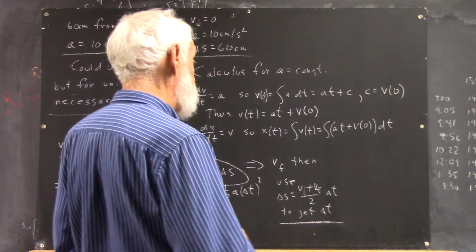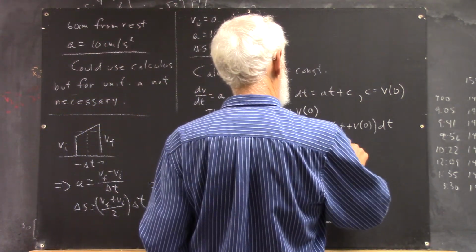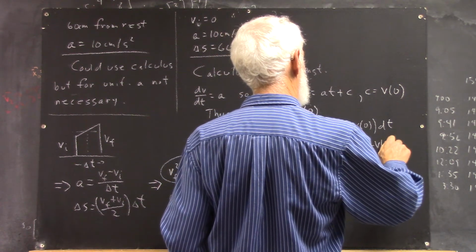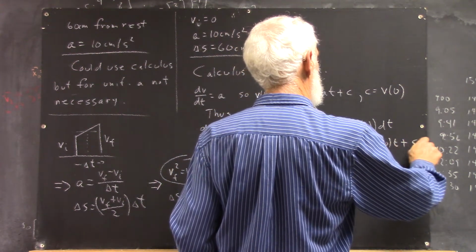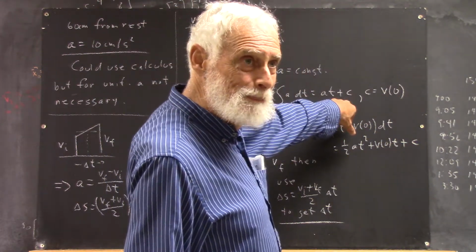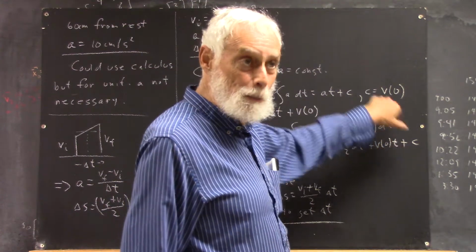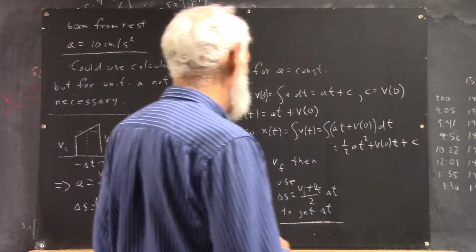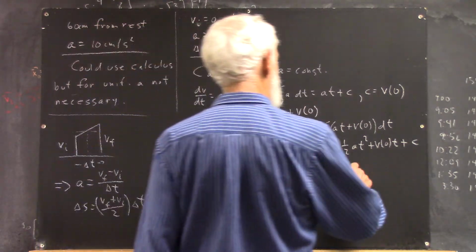And that antiderivative is 1/2 AT squared plus V of 0t plus another integration constant. I've disposed of this one, so I can still use C down here, but it's not going to be the same as it is up here, right? Because that's how we treat integration constants. Where